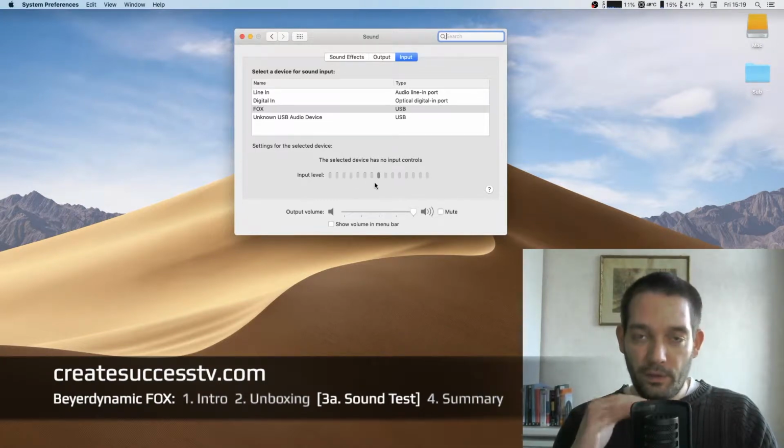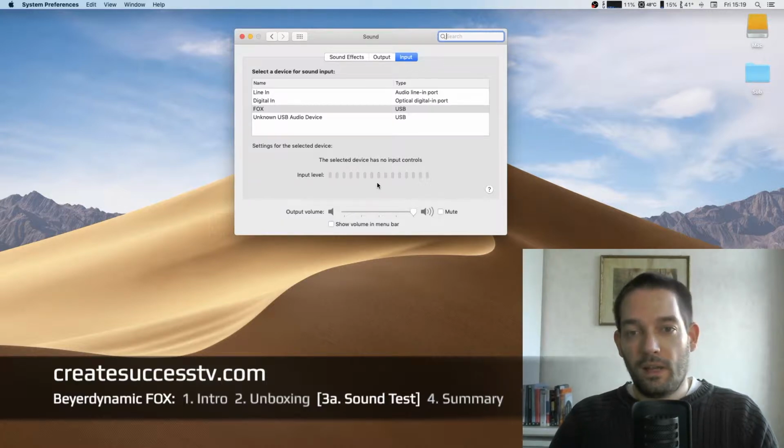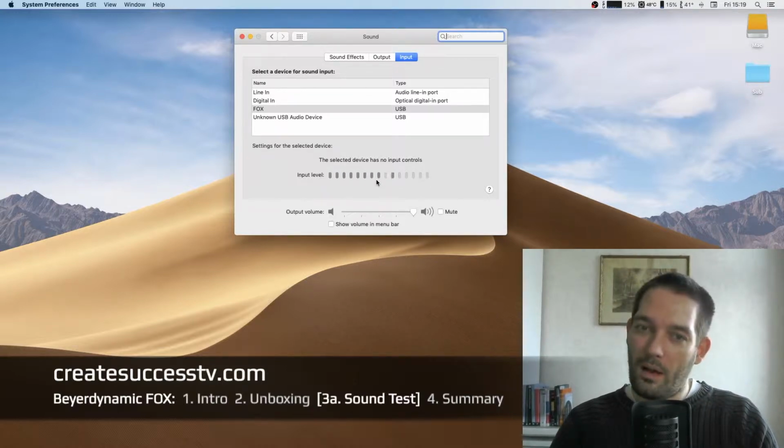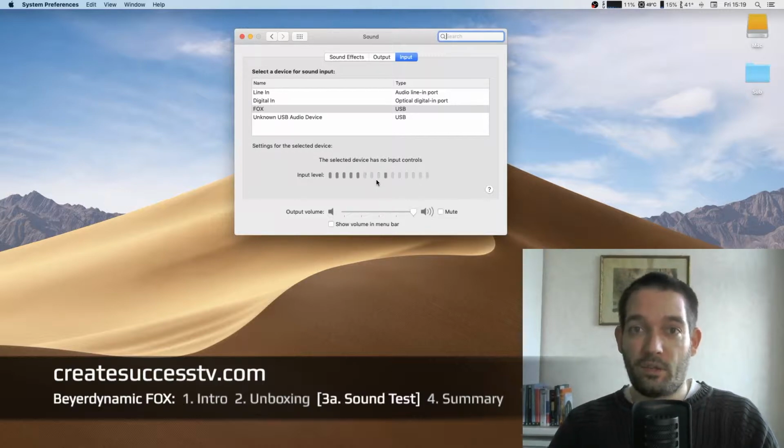And even though I'm very close to the microphone, as you can see, and I have put it on high sensitivity, I'm only getting 50% of the volume. So that's a little bit odd. I would have expected the microphone to be more sensitive maybe, especially since when you look in the manual, guys,